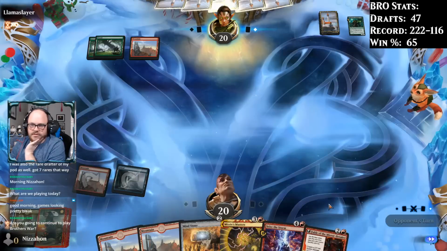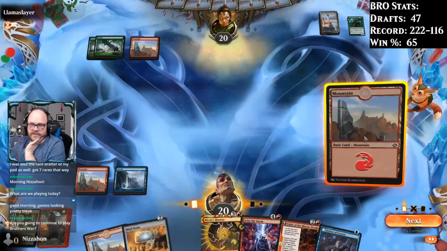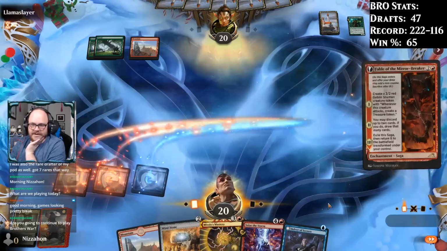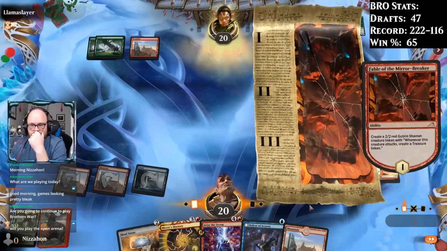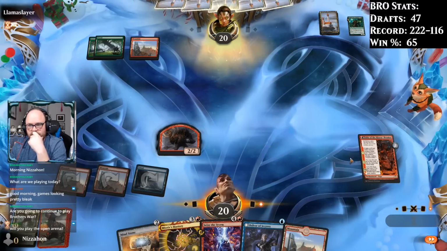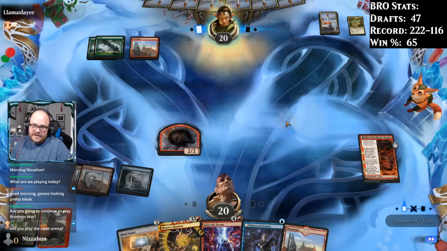Delver. So, do I want to play Fable or Delver? I mean, it's obviously Fable, right? Yeah. This ramps us even, you know? If this goblin didn't make treasure, this card would still be really good. But man, the fact it makes treasure...